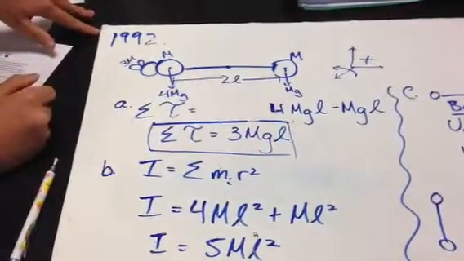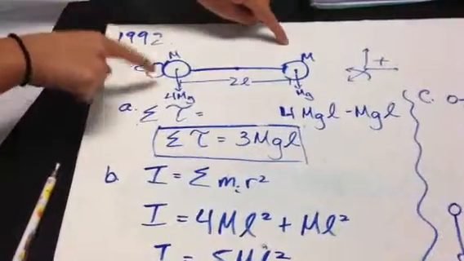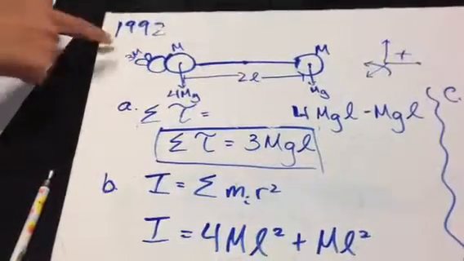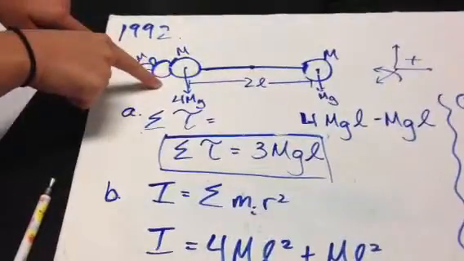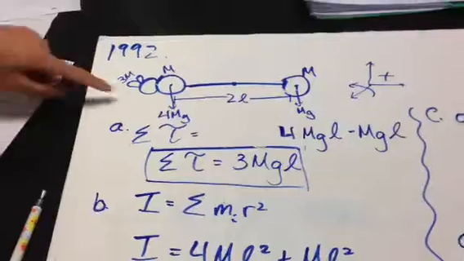Okay, so this is the 1992 problem. In this, we have a barbell apparatus with two identical spheres of mass m on either side, and we have a bug of mass 3m which just landed on this side. So in part A, it's asking us to find the total torque acting on the system right after this bug